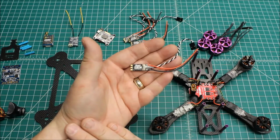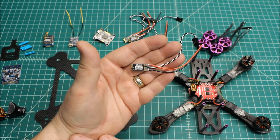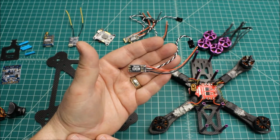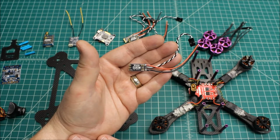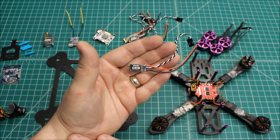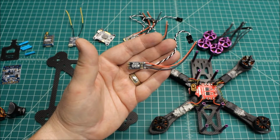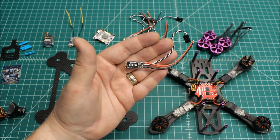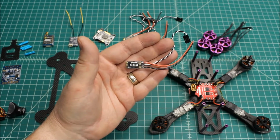I did a review on these, and they're not out there really. They're not widely available right now. Pyroflip RC does have them, and these ES20s are just so nice and small, and they've just worked flawlessly for me. I have them on 2 of my builds now that are my personal flyers, and I've had no issues with them. No desync, which is a